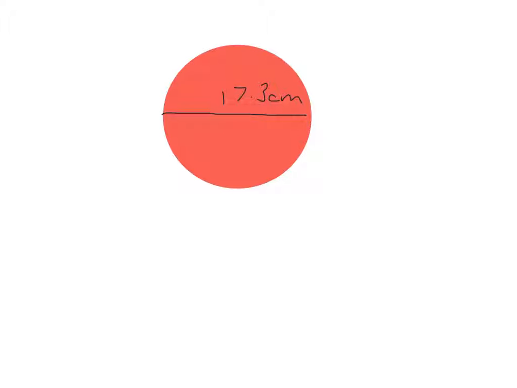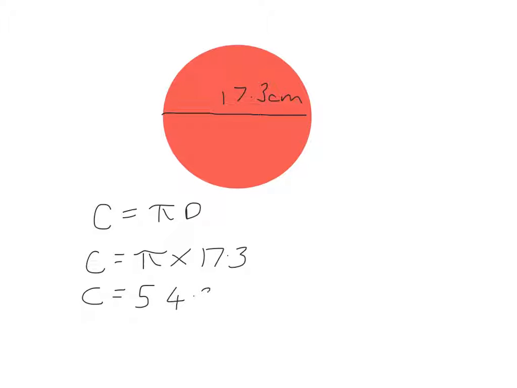So for example, here to calculate the circumference, we would do C equals pi d. So C equals pi times 17.3. C equals 54.349..., and to one decimal place it'll be 54.3 centimetres. So the full distance around the outside here is 54.3 centimetres, but what we are going to look at is how to calculate the